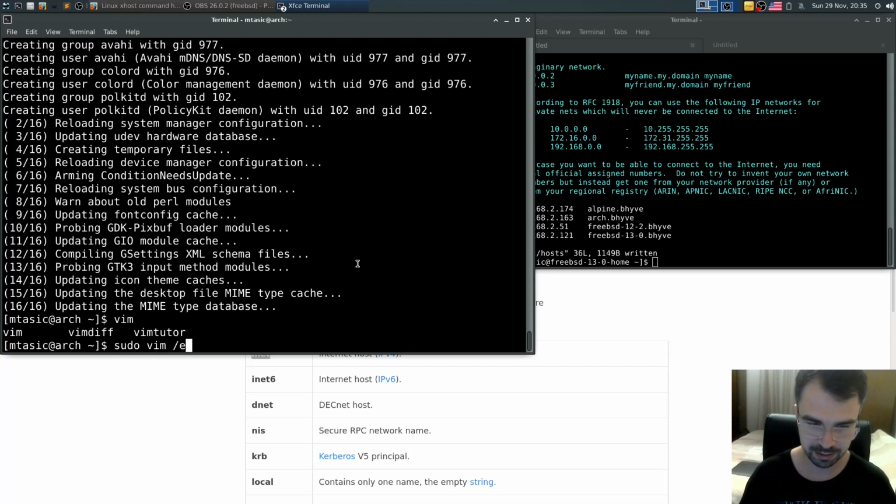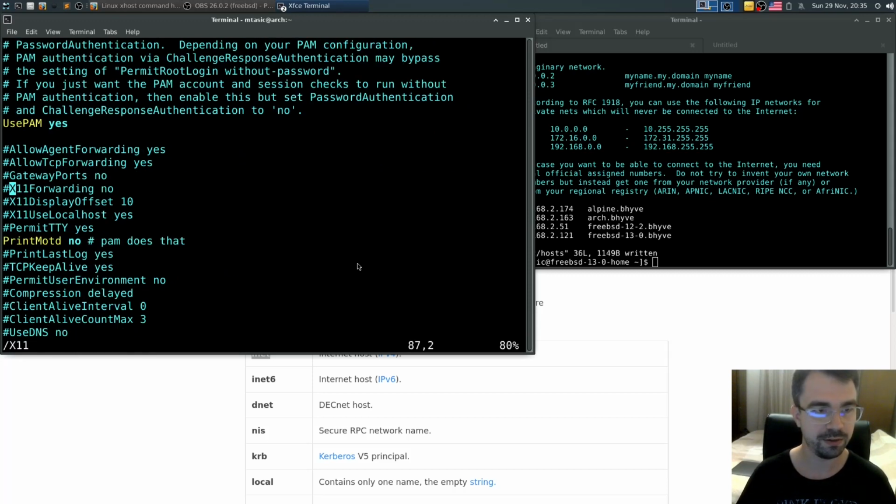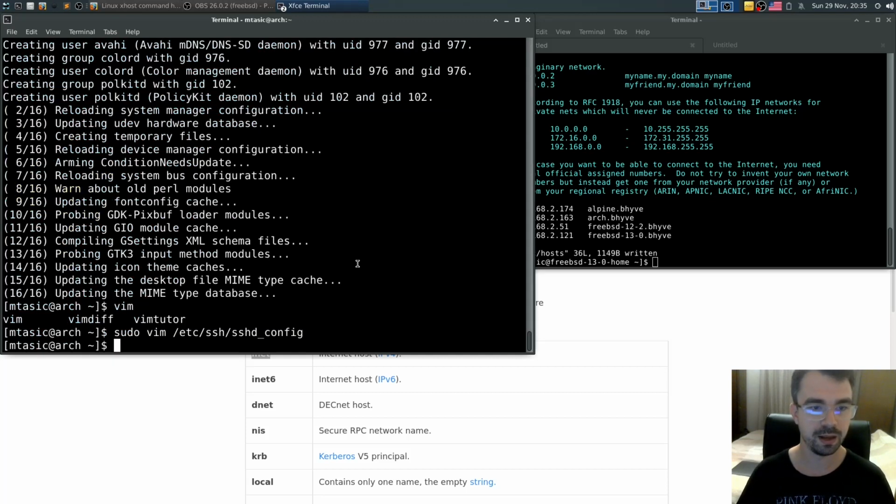So now let's edit /etc/ssh/sshd_config. Let's look for X11, uncomment this line, and just say yes. That's all. And I'll do reboot.